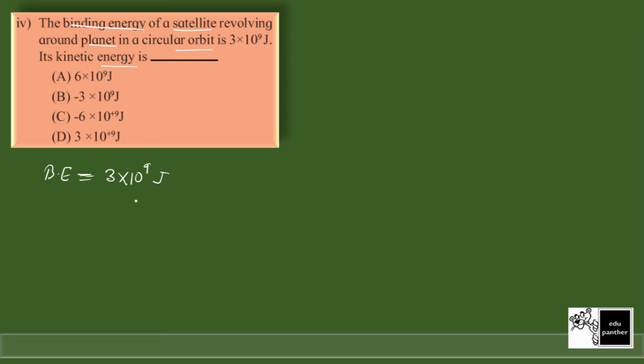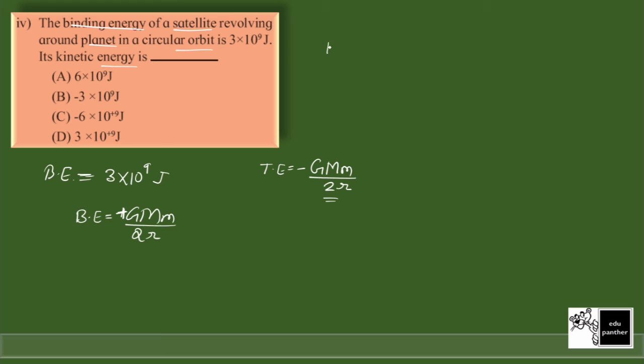So if you have seen the last lecture, there we have discussed the binding energy. Binding energy is nothing but the amount of energy required to remove the object from the earth's gravitational field. And if the object is revolving at a particular height, the formula is plus GMm by 2r, and this is nothing but basically the total energy with a minus sign, minus GMm by 2r. So this is my total energy of that particular object. If you give plus energy, exactly the same value but positive, that will be the binding energy, and the object will move out of the earth's gravitational field.